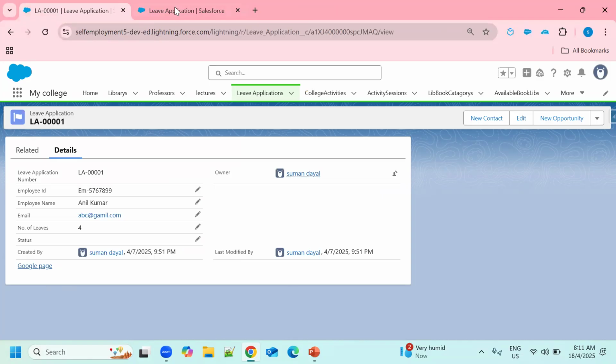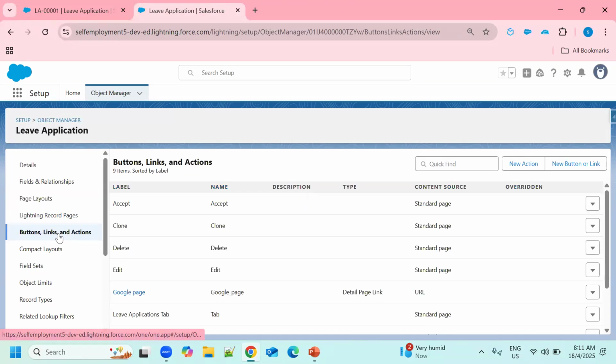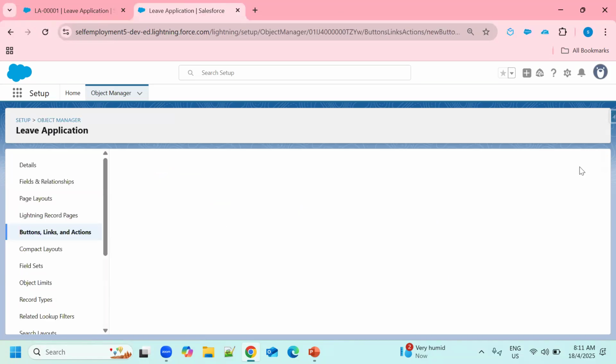Now come to our next option. Next one is, again go for the same object, because I am taking the same object for all three buttons, right? So again I am going to create a new button. Click here, same option. Now click on new button and link, right?